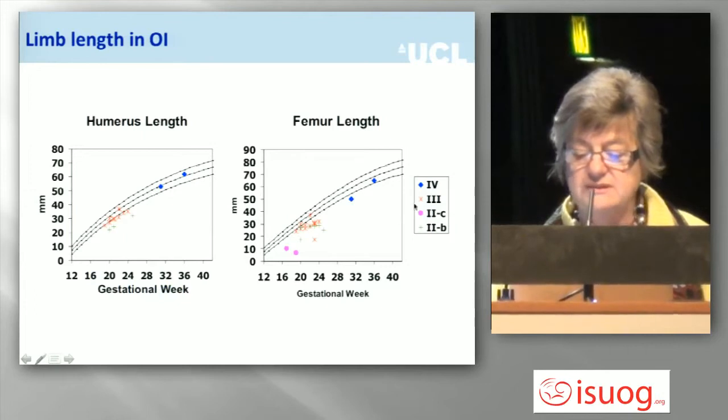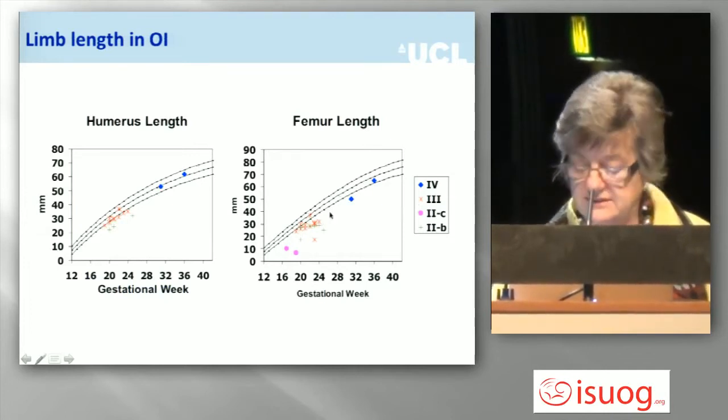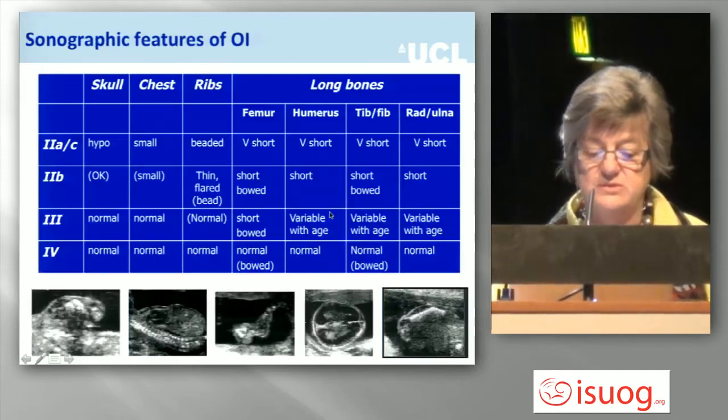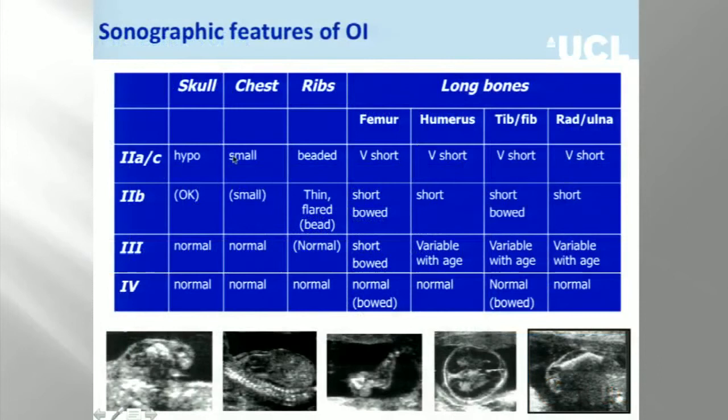The growth of the long bones in type 3: you can see that the length of the long bones in this series of cases falls below the centiles. It's variable, but falls below the centiles from about 22, 23 weeks onwards. A bit much to take on probably, but you can see here the difference in the presentation of OI type